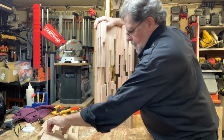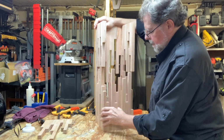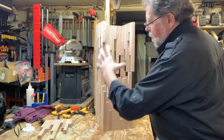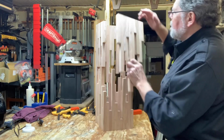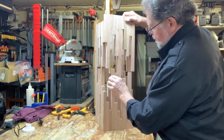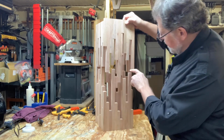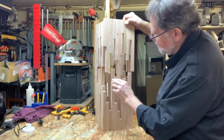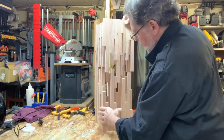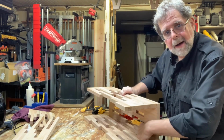I'm placing this just to kind of get an idea. I want this corner to be the front, so I don't want a full length piece running there. This is going to be a little fun to put together, but I've got these two here a little close, so I may trim this one off, but I'm leaving this corner kind of open, and this is what I'm looking for. Now, that will hold that way so that I can glue this bottom piece in here at